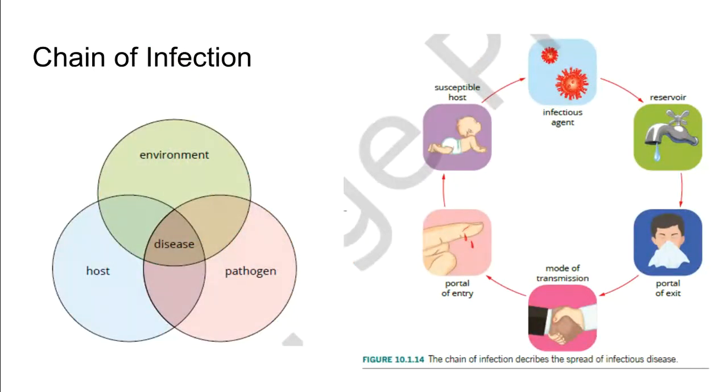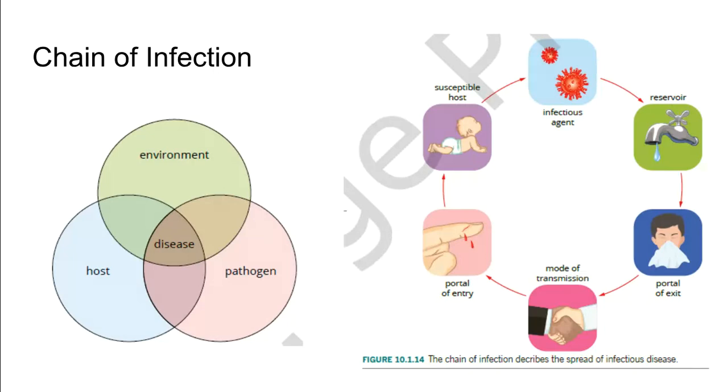When we talk about infectious diseases, there is a chain of infection. So how the environment, the host, and the pathogen all work as one to cause the disease. So we're going to start on the right-hand side here, where we have our chain of infection, and we're obviously moving from the